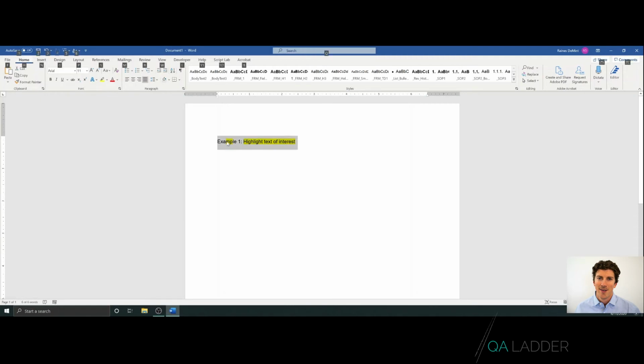And just to show you what I was doing with the unhighlight, I did Alt H I, and you'll see that at the bottom there's an N for no color, so I'll just hit N there, and that's how I unhighlighted that text. So that is a neat trick if you're screen sharing. You can draw attention to the screen or not very quickly, but it applies to all of the functionality in